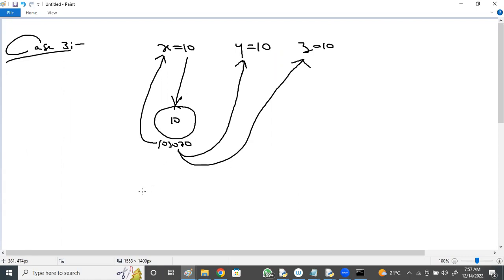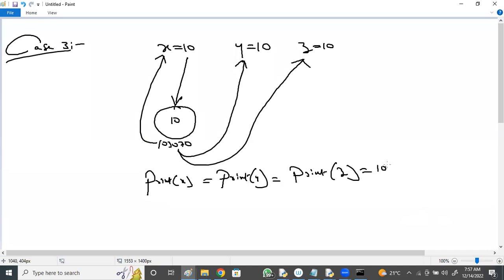Right, just observe this: print x. They are sharing the same content, right? Print x equal to print y equal to print z. 103070. Yes.